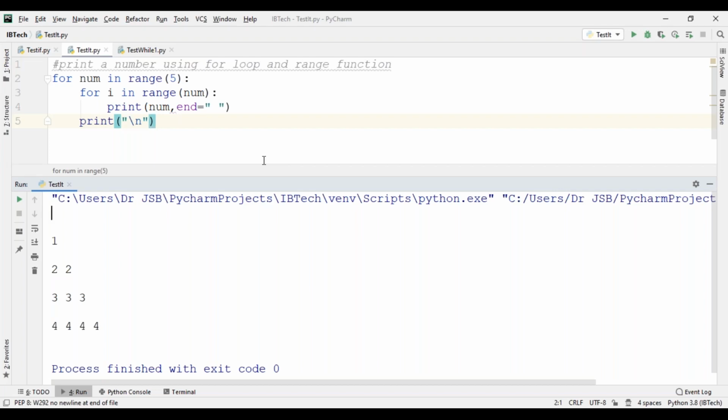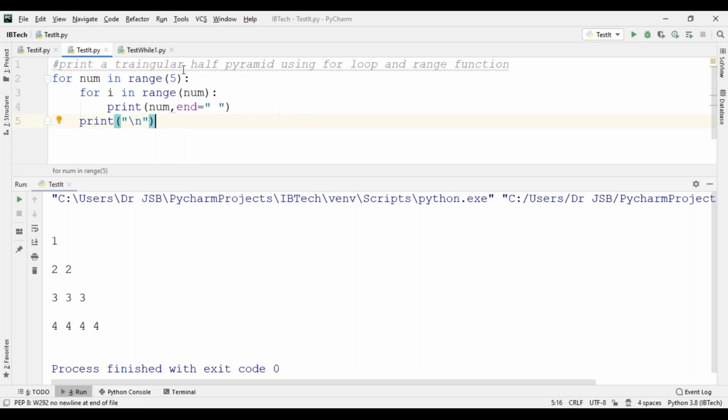Okay, Amma. Now another program. Print triangular half pyramid using for loop. Half pyramid using for loop.